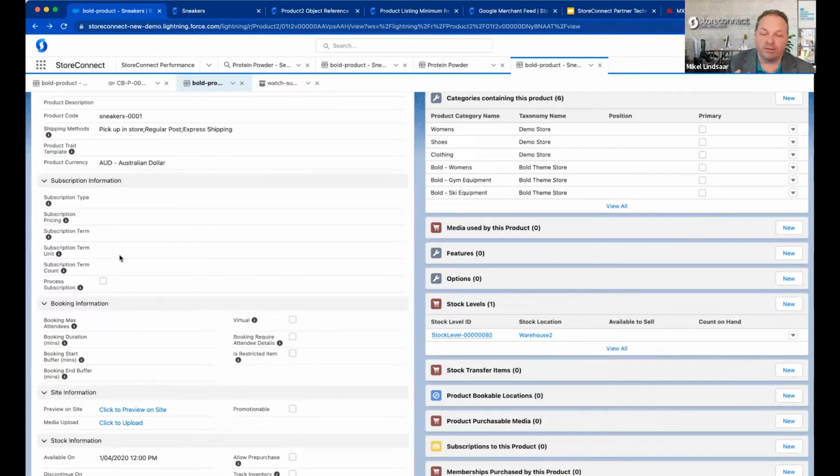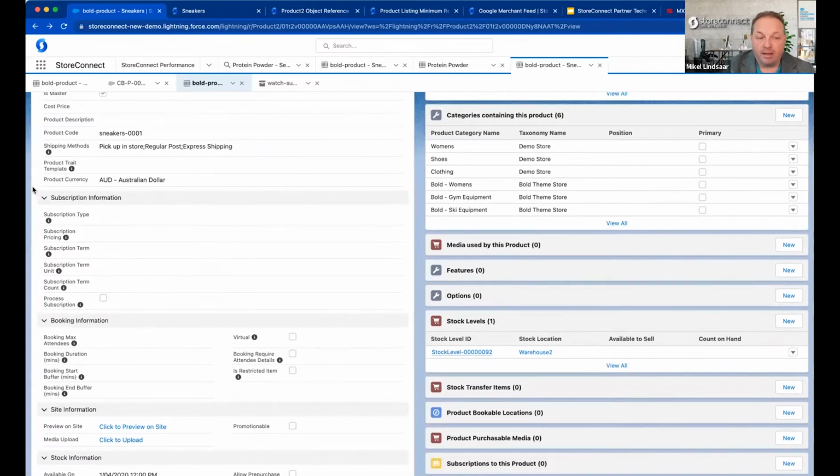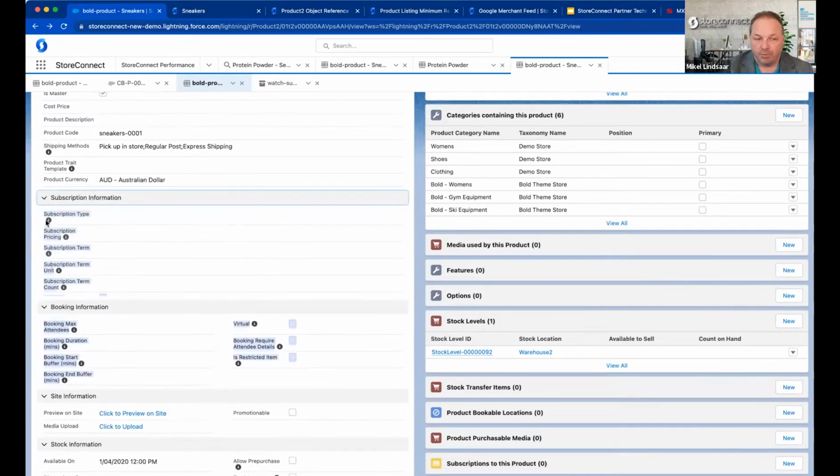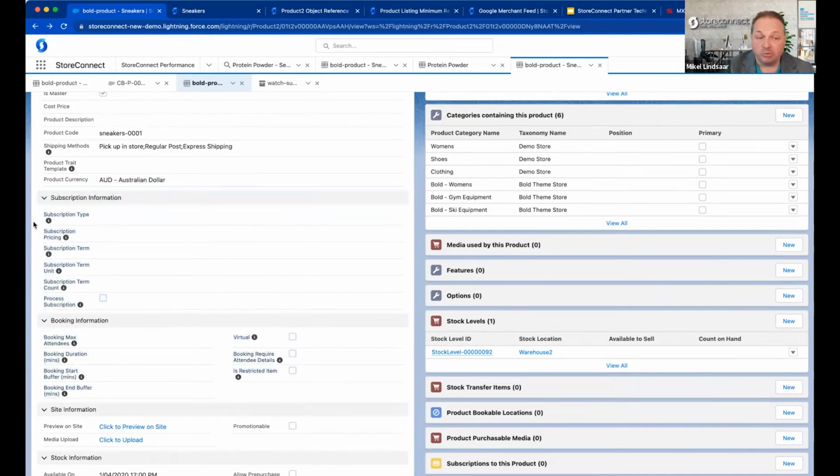And a bookable product is where you're booking a time slot for a product at a certain time at a certain event. If it's not a subscription or a bookable product, you just leave these 2 sections blank. So booking information and subscription information, you leave them blank. If it is a subscription product, you go and fill out the subscription information with the term and the pricing, and for a bookable product, you fill out that there. So to show you what that looks like,